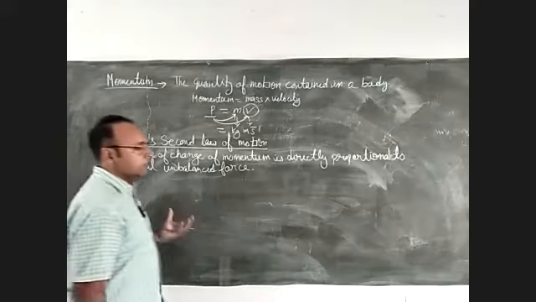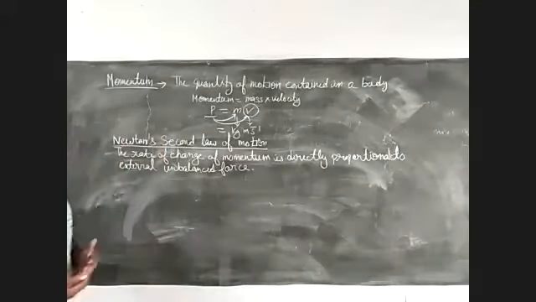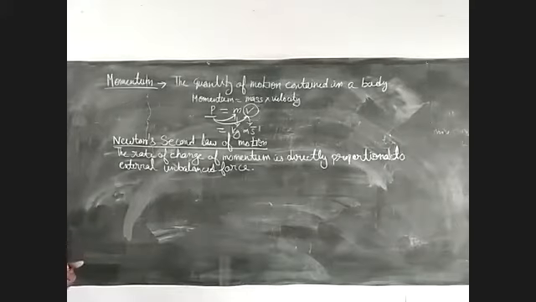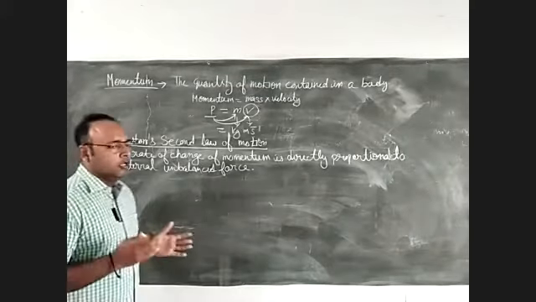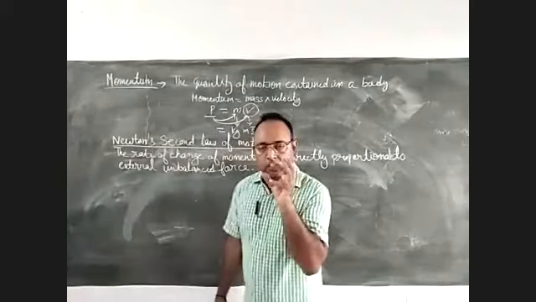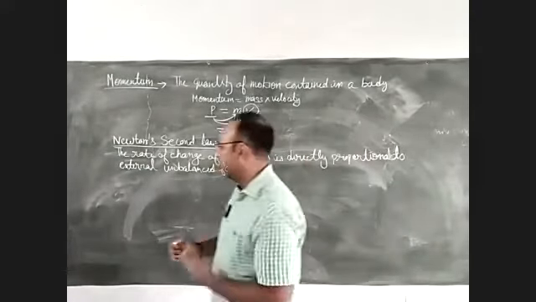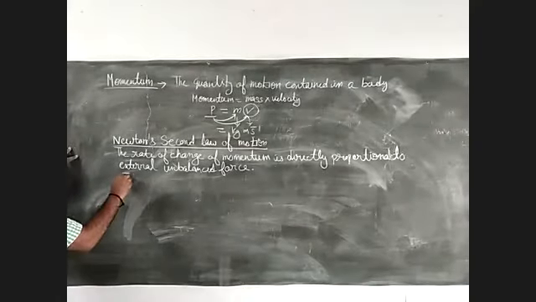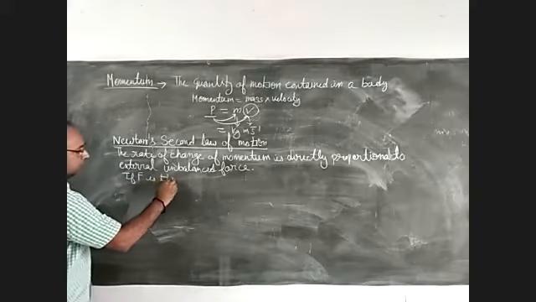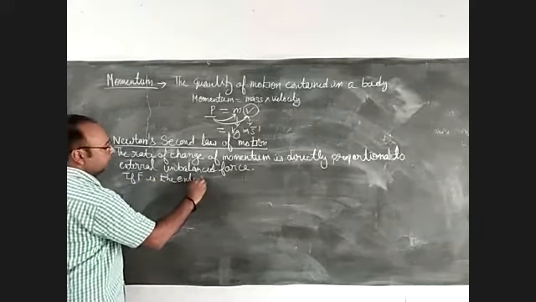Directly proportional means if one quantity increases, another will also increase. This is the meaning of directly proportional. Now I am going to give one mathematical relation in the form of Newton's second law of motion. So please keep in mind that F is the external force,